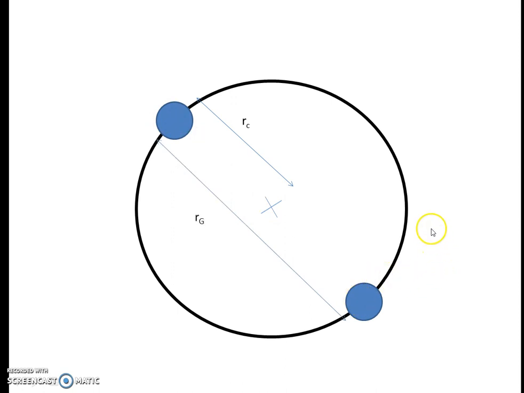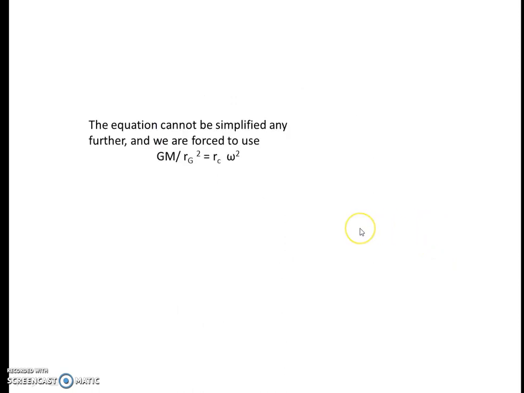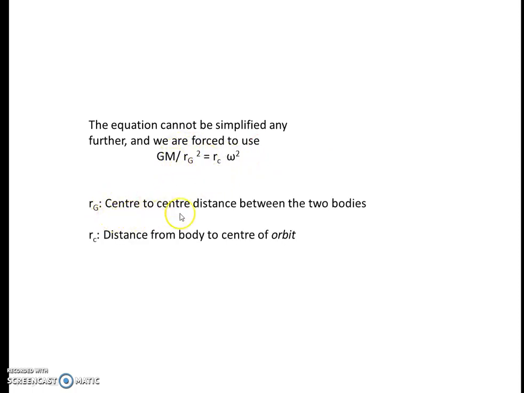Now that we understand what these distances are, let's take a look at the equation again. We cannot simplify the equation any further. We have to use these equations and substitute in the values that we have. Okay, what we have is Rg, which is the center-to-center distance between the bodies, and Rc, which is the distance from body to the center of the orbit. So that looks reasonably clear,